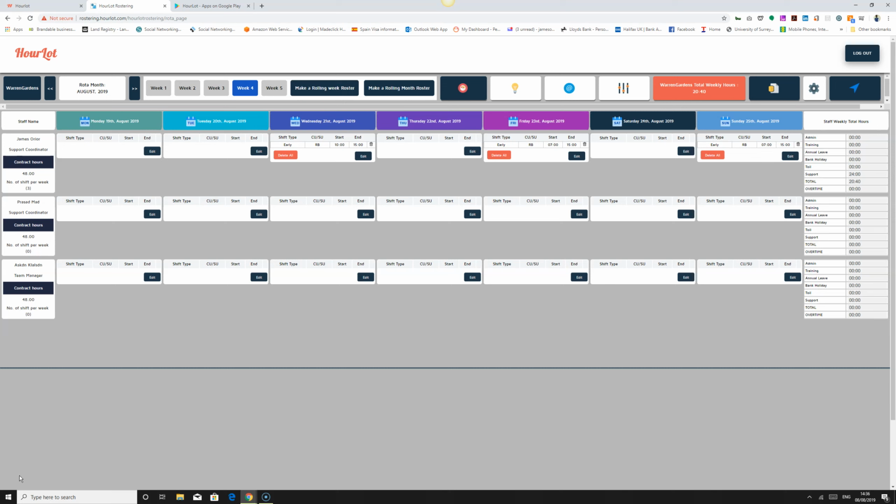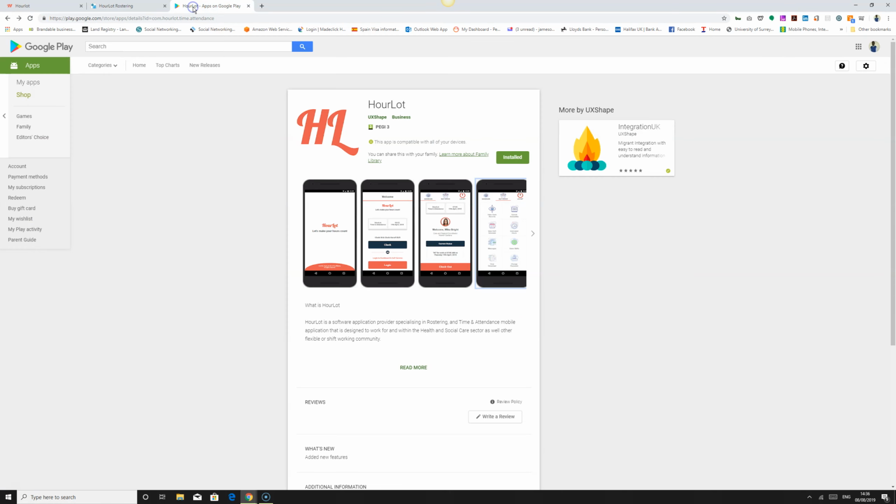In the last tutorial, we looked at how we created a rolling roster for the week and for the month. So what we're going to be looking at is, once we've created this roster, we can decide to email this roster to staff, especially the staff that may not have the mobile app. Our mobile app for the staff is only available on Play Store. So, for example, staff who have iOS, because we don't have an iOS application right now,